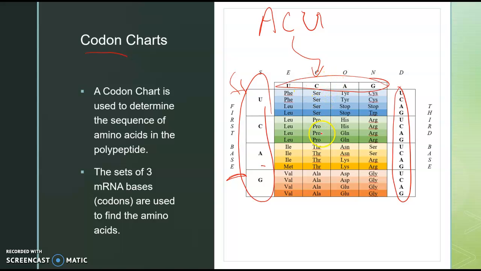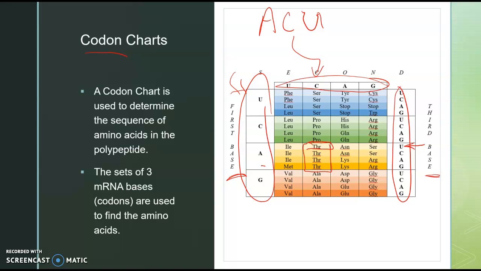So I'm going to go down C, and there's A. My codon is going to be somewhere in this box. Yes, we know right here that it's going to be the THR. That's going to be our amino acid, because all 4 of the amino acids in this box are THR. But just to make sure, I will look at the third base. It's U. Well, on this line, it's found right there, which means this would be my specific